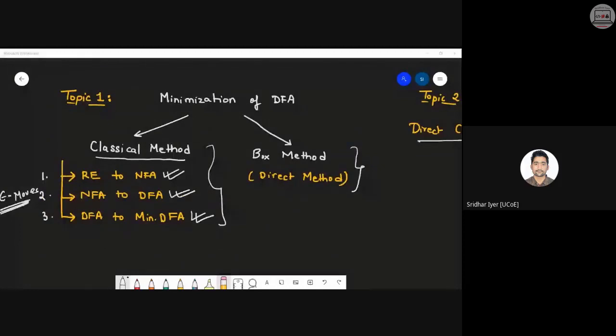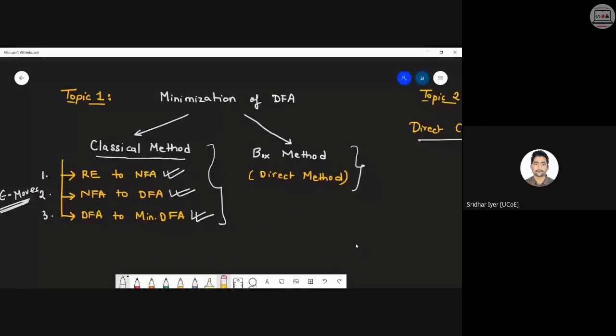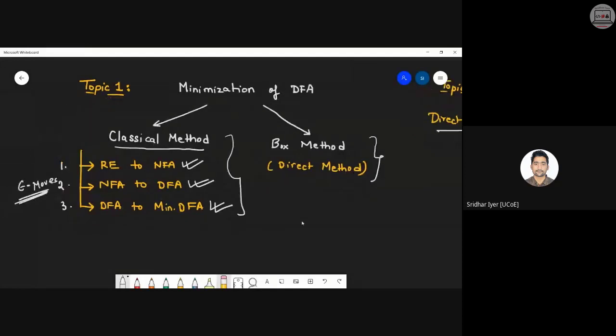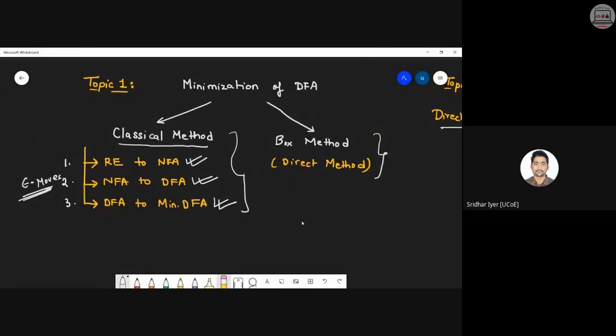That is, first we need to convert the regular expression into an NFA. Obviously, you know that NFA can consist of epsilon moves also. So we first of all need to get rid of those epsilons and get a DFA, right? So this was the very first step. That is, we first converted the regular expression into an NFA, and from that NFA we converted it into a DFA. And finally, we saw whether that DFA can be further minimized. If at all it can be minimized, we minimized it and came up with the final answer. So that is what we call a minimized DFA. Okay. So this is the very first type.